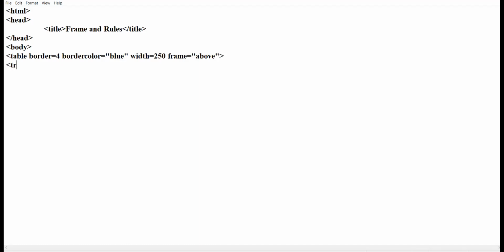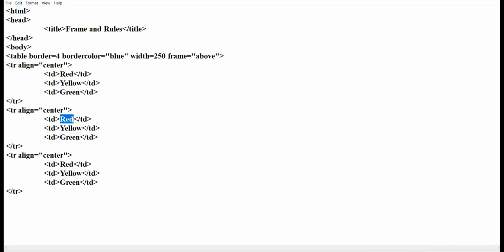So here I'm taking the row. My first row, I'm taking the names of colors: red, next yellow, next green. Here I close my first row. I copy paste this.